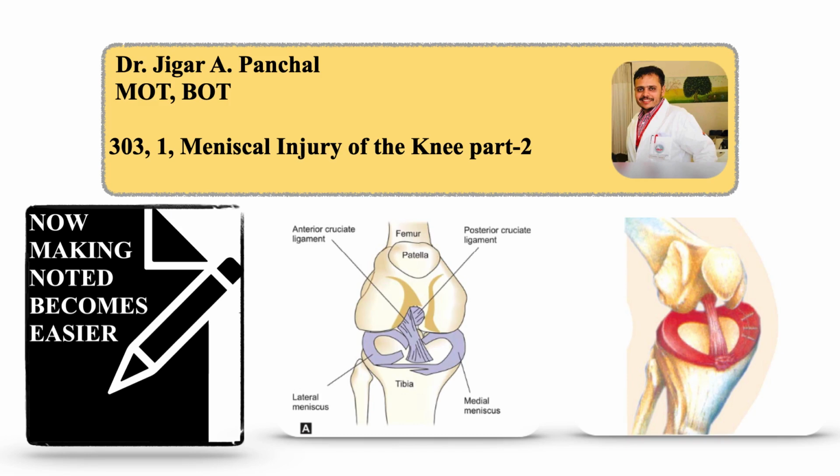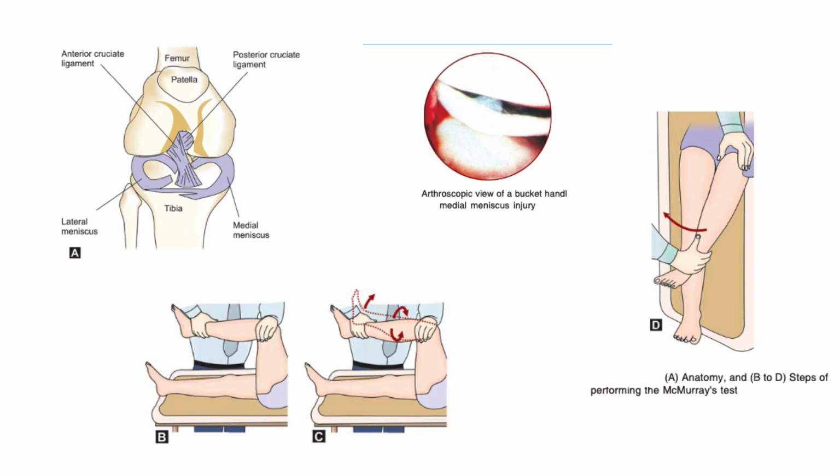So this is part two and the final part of this meniscal injury of the knee. In the previous lecture, part one, we discussed the anatomical features of meniscal injury, also the semilunar cartilage injuries. We discussed the anatomy of the two menisci, the medial and lateral meniscus, their features, their shapes, their anterior horn, posterior horn, outer aspect, mobility,